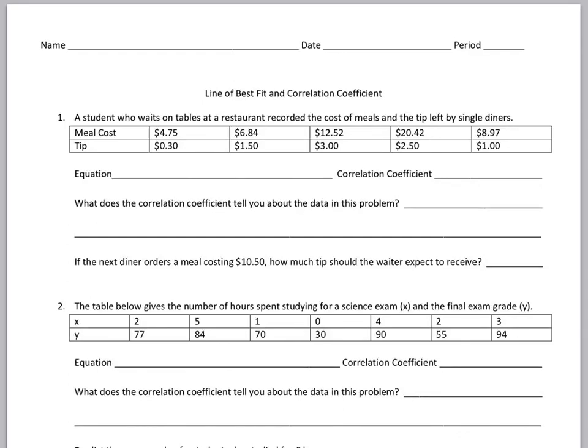All right, ladies and gentlemen, welcome to today's lesson about line of best fit and correlation coefficient. So hopefully by this point you know how to make a scatter plot. You can put all those dots in there. You can kind of tell if it's got a strong correlation, a weak correlation, a moderate correlation, or no correlation at all. And what we're going to do today is be getting something called the line of best